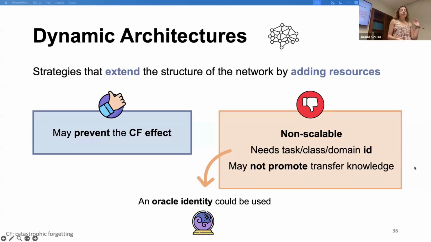And finally, if on one hand this may prevent the catastrophic forgetting effect, on the other, it may not promote knowledge transfer, right? Because if these modules are frozen, then they may not benefit from the acquisition of new data.